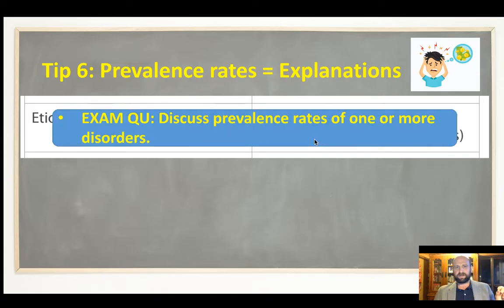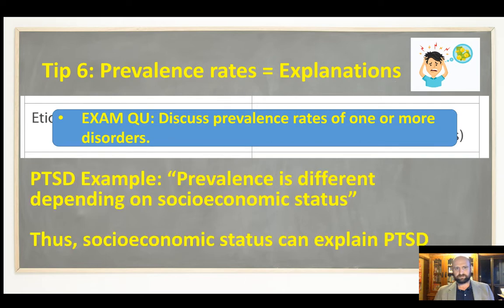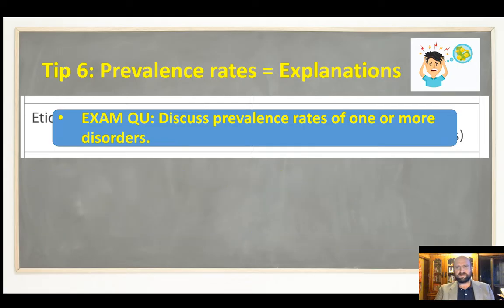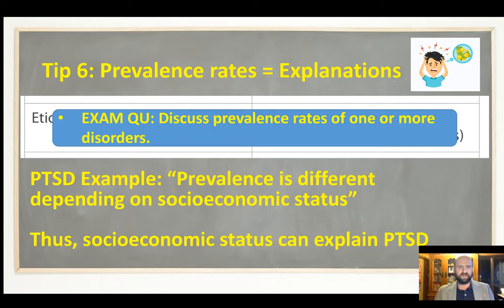But I think, let's say, for example, you're given the question, discuss prevalence rates of one or more disorders, or discuss prevalence rates and disorders. If you focus on a social or cultural difference, you have to identify differences in prevalence rates. Now, if the group that you focus on is a social group or a cultural group, when you explain why they have a difference in prevalence, you're going to be explaining a sociocultural origin of the disorder. To give you an example, and the example I use in my textbook and in the revision book is